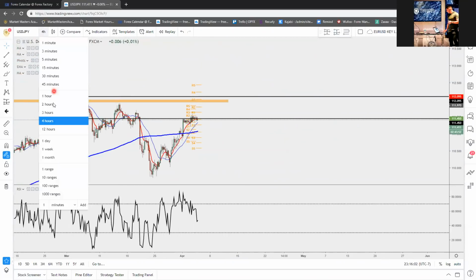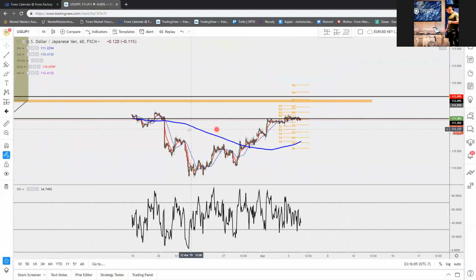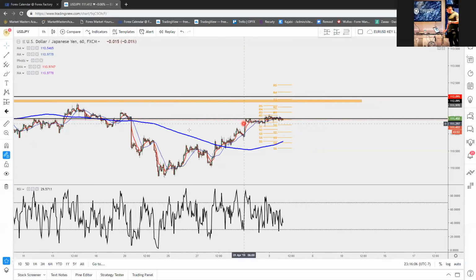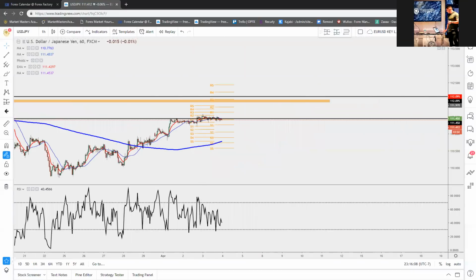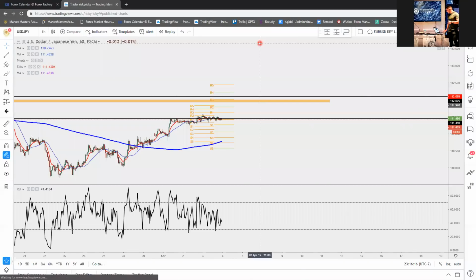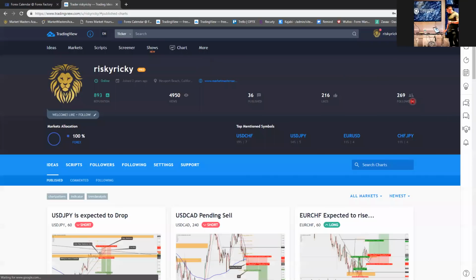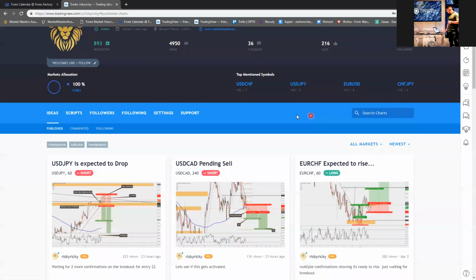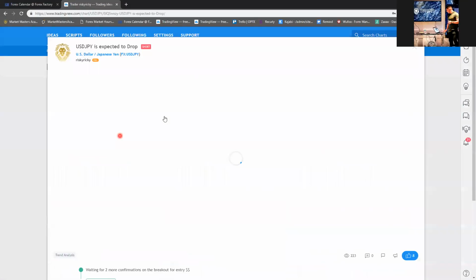Not sure what happened to my analysis here, but yeah, my analysis is right here. Let me show you guys the published idea. And if you guys are not following me on TradingView, make sure to give me a follow on there. You guys can learn definitely from some of the stuff that I have on there. But USD JPY,